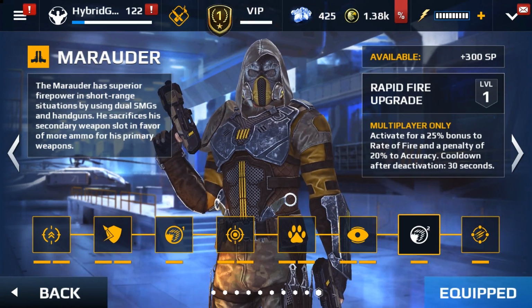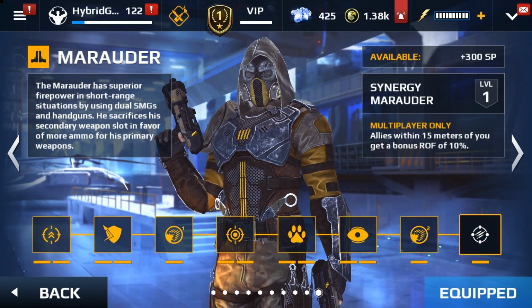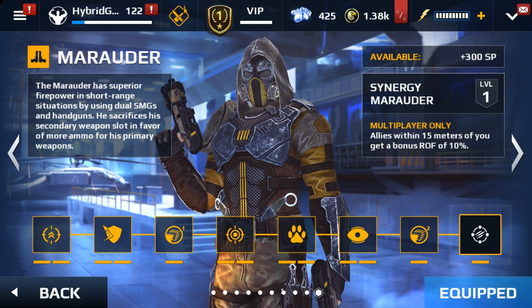Now if you have a look at our last skill point over here, it's called the Synergy Marauder. I just told you guys that this class is all about accuracy and rate of fire. So allies which are within 15 meters of you will get a rate of fire bonus of 10%. Now again, I really don't want to know if your ally is using the grinder and is within the 15 meter range. So God bless our enemy, man. I don't know how deadly your ally can be, because a grinder with a 10% rate of fire bonus is just